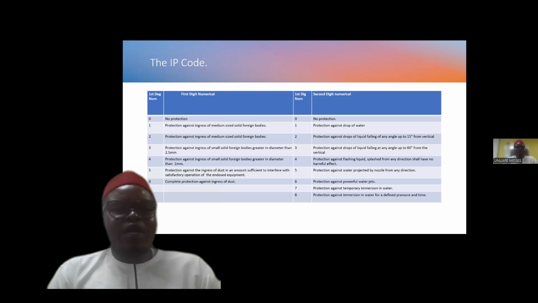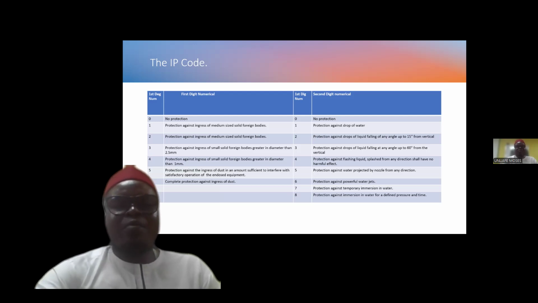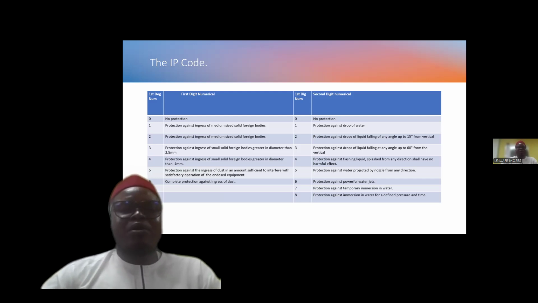For us to go further, let's assume that we have an ingress protection in a device of IP66. Ingress protection of IP66 means that the first numerical digit is a complete protection against ingress of dust, while the second numerical digit is a protection against powerful water jets. That is to say, the IP code also works together